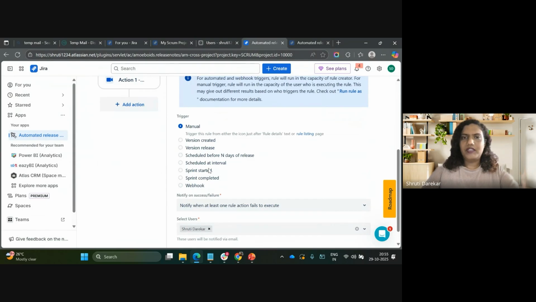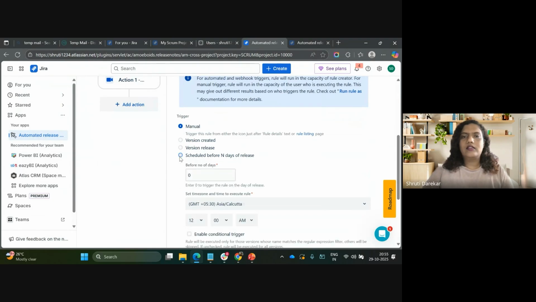So you had to click on run the rule to select your project variables, and then the video was generated. But instead of that, if you want your video to be generated every time a new version is created, or any version is marked as released, or you want a video report generated a few days, like 2 days before your final release date, you can select the trigger scheduled before end days of release.